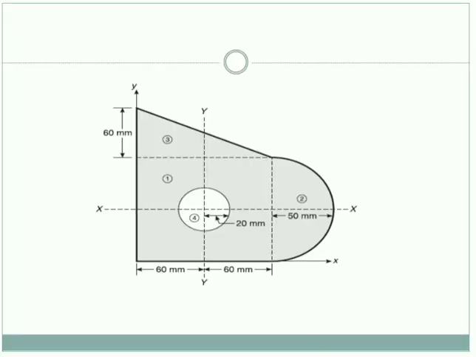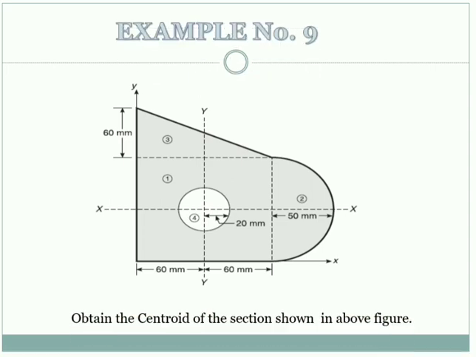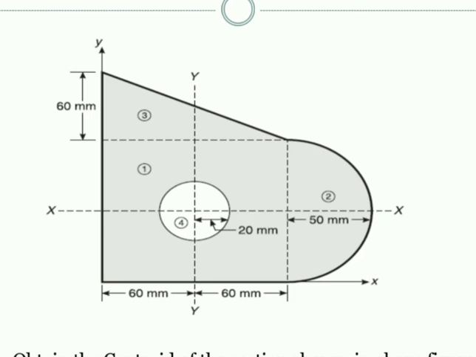So this is our example number 9. We have to locate the centroid of the section shown in the figure. Now from the figure you can clearly recognize that again the circle portion in this figure is a cutout part which needs to be subtracted. So it is a relatively bigger figure with a triangular section, a rectangle section, a semicircle and a circle which is the cutout section. So directly in the first view itself I have given you all the divided shapes.